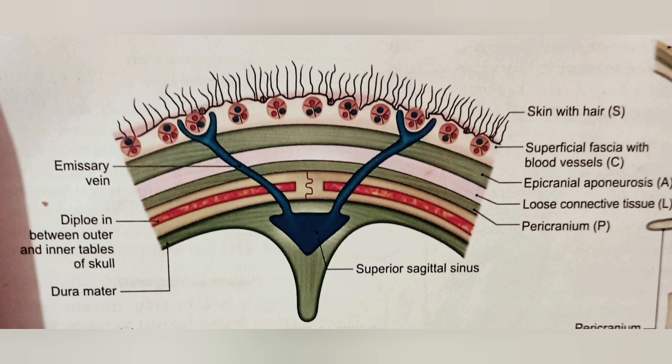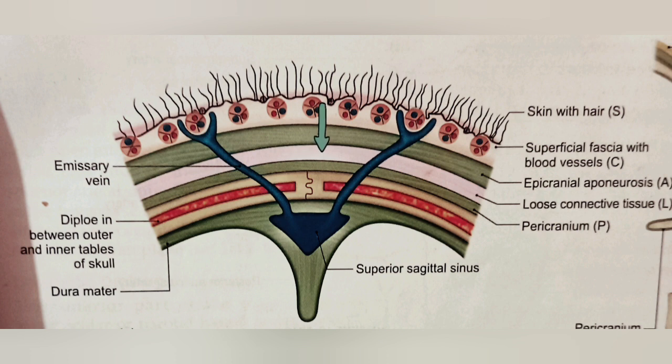So the fourth layer of the scalp is the loose areolar tissue or the loose connective tissue, and this layer extends anteriorly into the eyelids because the frontalis muscle has no bony attachment. So the frontalis muscle has no bony attachment, due to which this layer extends anteriorly into the eyelids. And as we see the posterior portion, it is extended posteriorly to the highest as well as the superior nuchal lines, and on each side to the